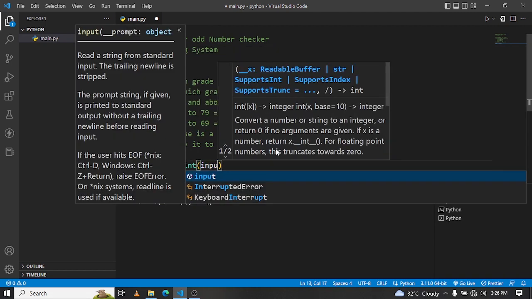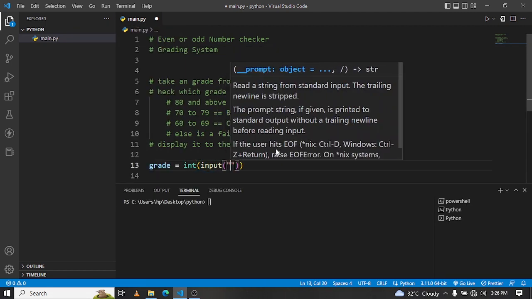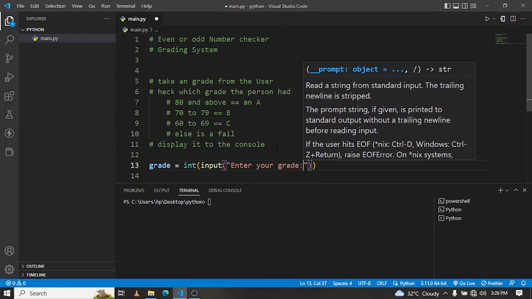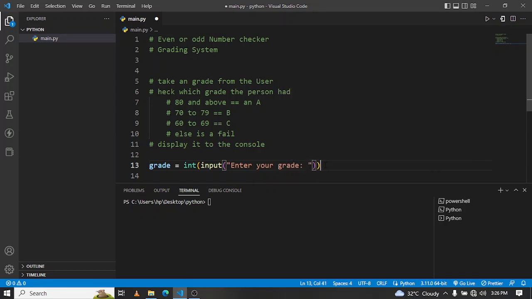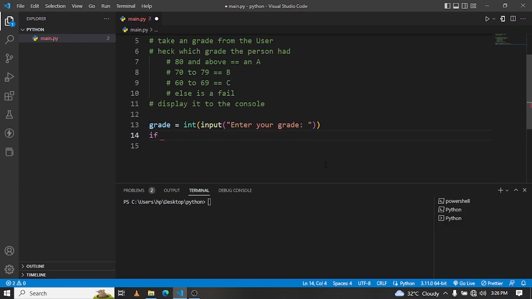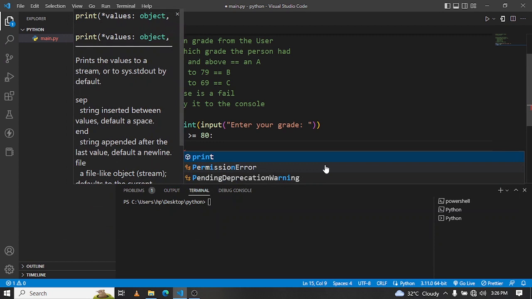So we're going to use the input function to ask "enter your grade", with a space over here for readability. And then the next thing is to check if the grade is greater than or equal to 80, right? The grade is greater than or equal to 80. We're going to print